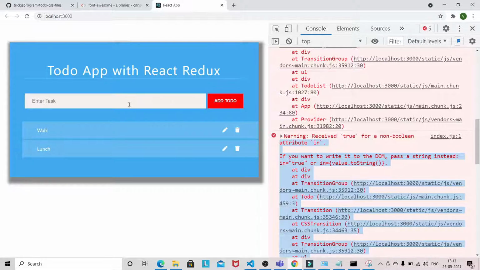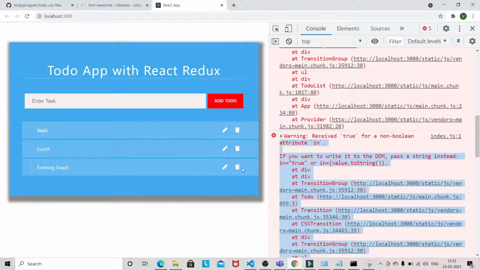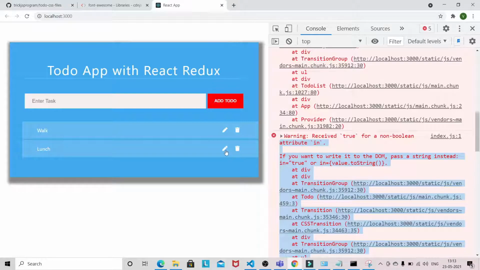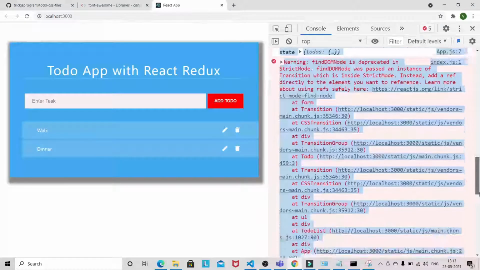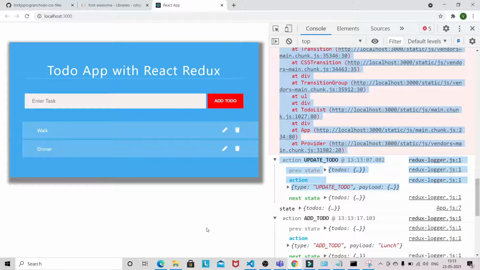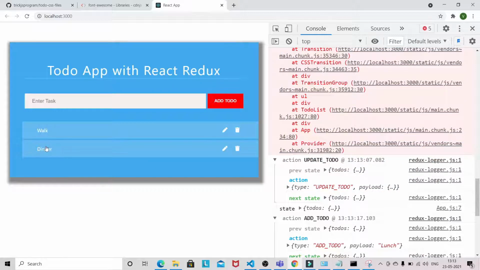Okay, evening snacks. Okay, let's delete. Let's make it dinner. So all edit, delete and remove functionality is working, and mark complete is also working.